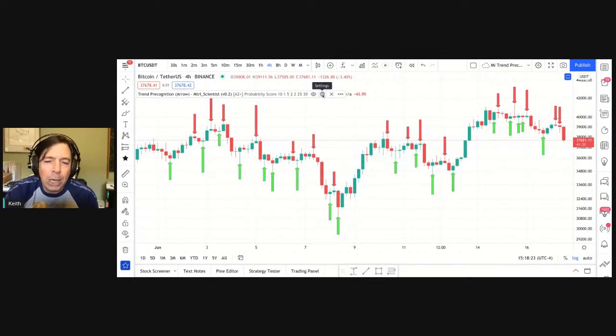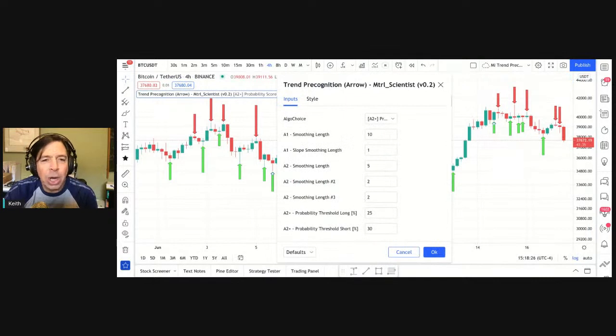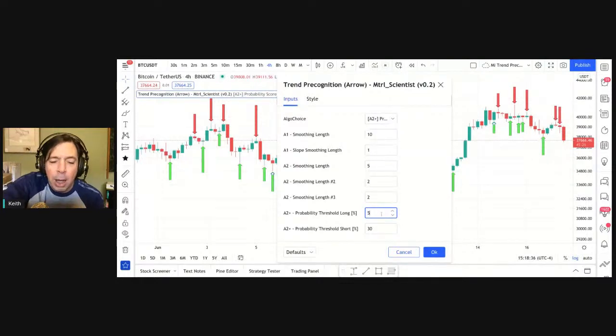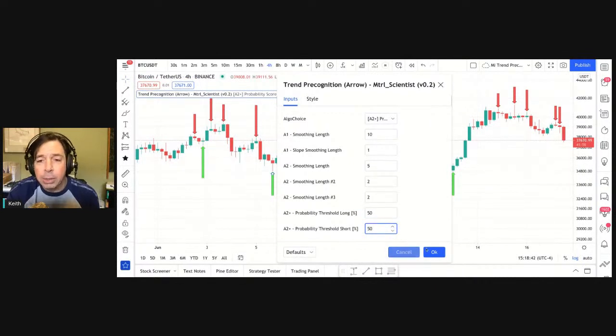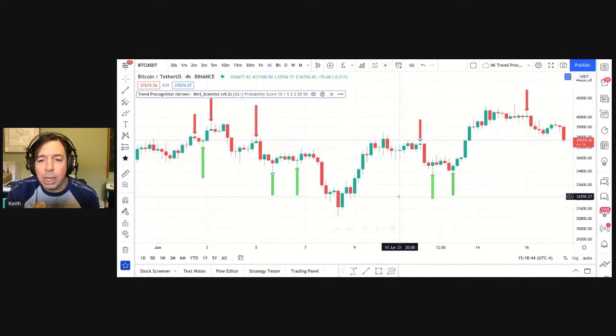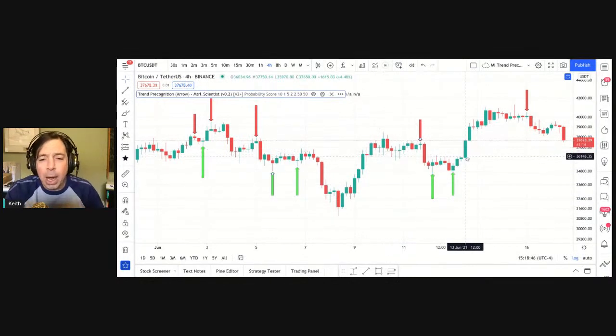So I want you to watch what happens when I adjust. So I've gone to the settings tool, and I'm going to adjust the probability score. Let's try a 50 and see what that looks like. Okay. And sometimes you have to actually hit OK to have those changes take place.